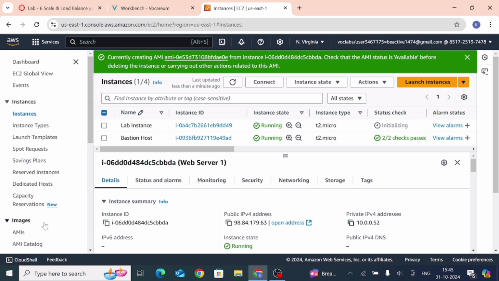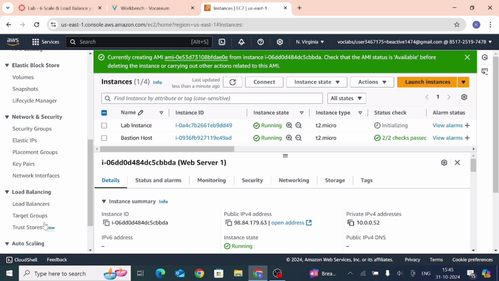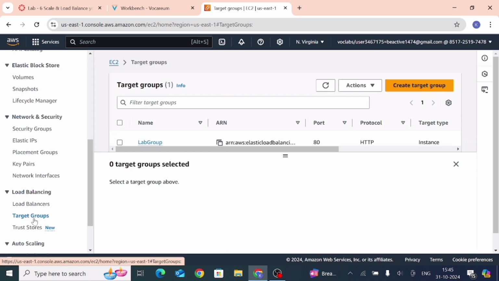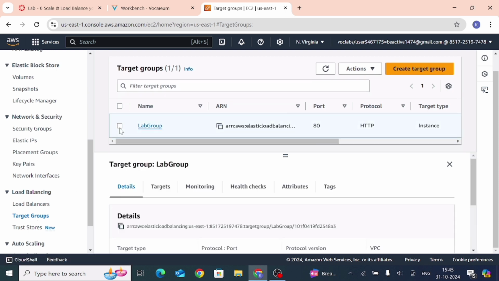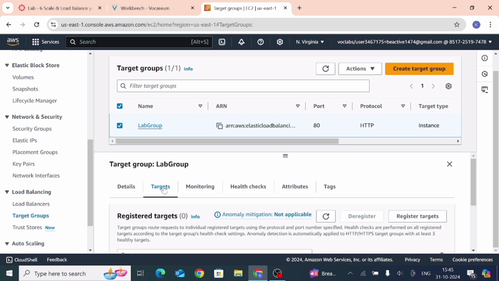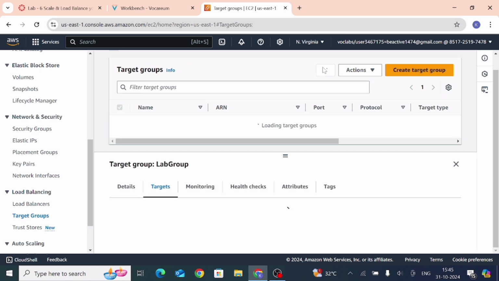So where is target group, click on it. Now click on lab group. Now click on here target. Refresh the page.